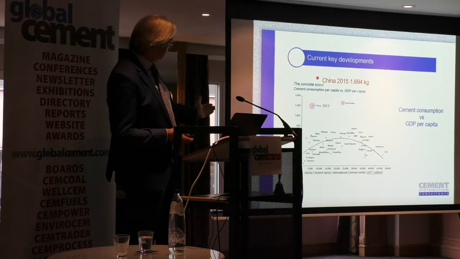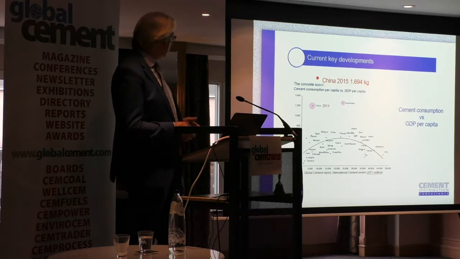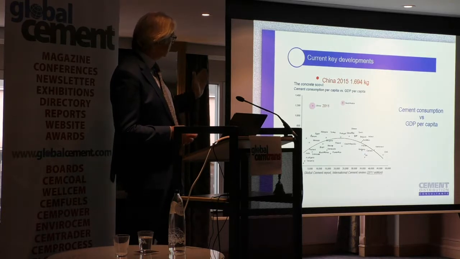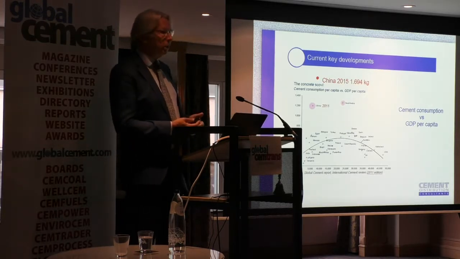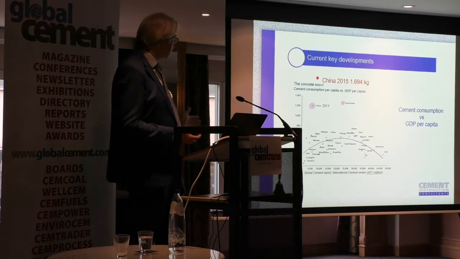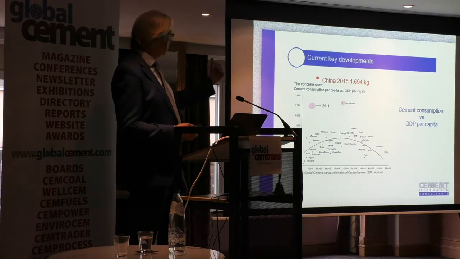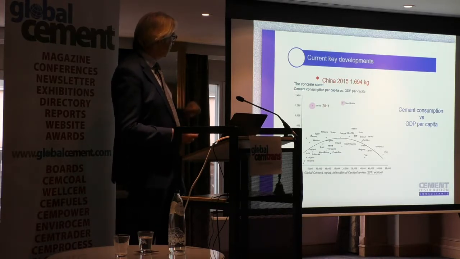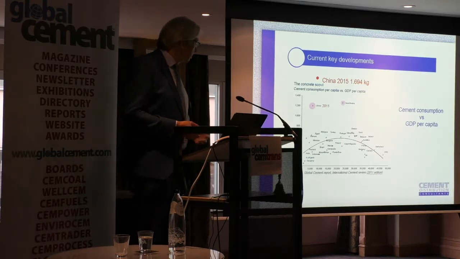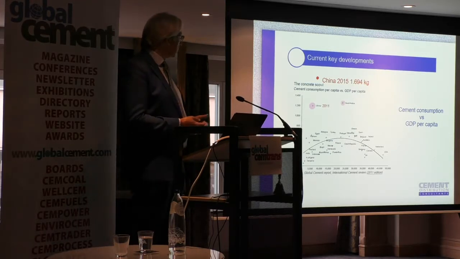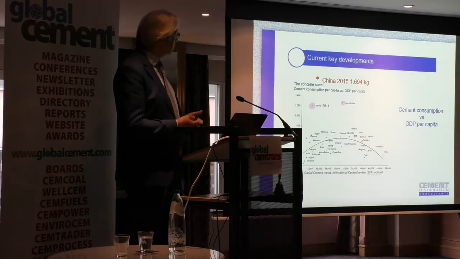This is the 2011 graph of basically GDP in relation to cement consumption per capita. And you see that the more mature a country becomes in respect to economy, when the GDP is very low and a country starts to take off economically, you get a fairly rapid rise in cement consumption per capita. But as soon as you get over a GDP of $25,000 per capita, then the curve goes down again.